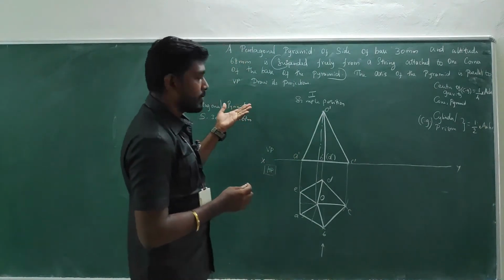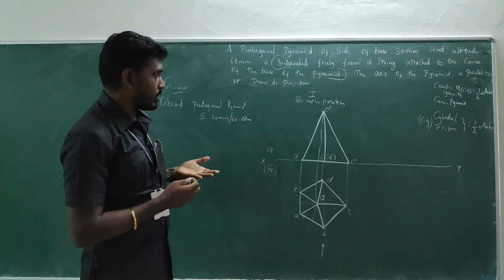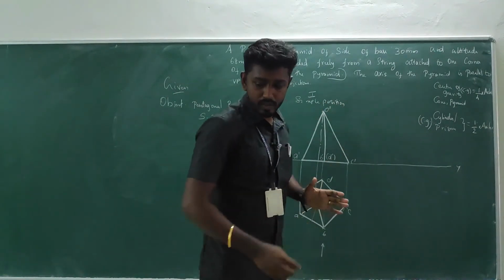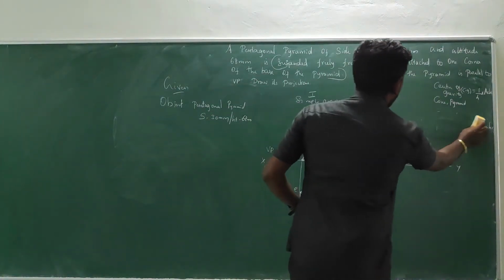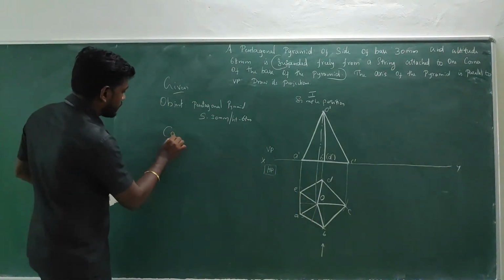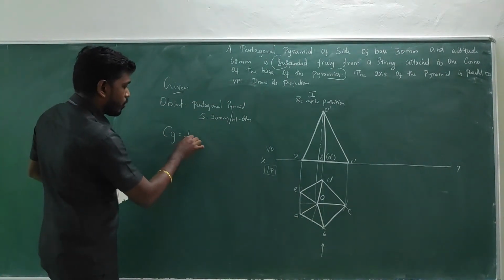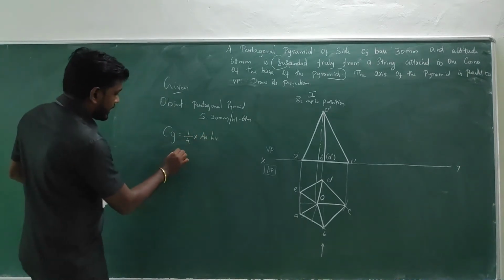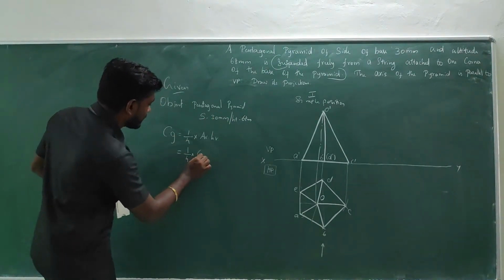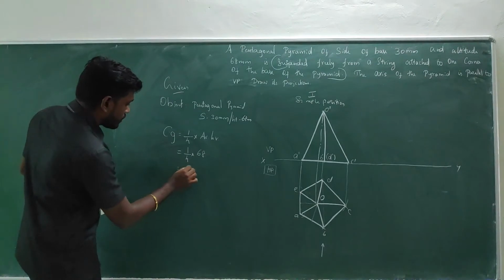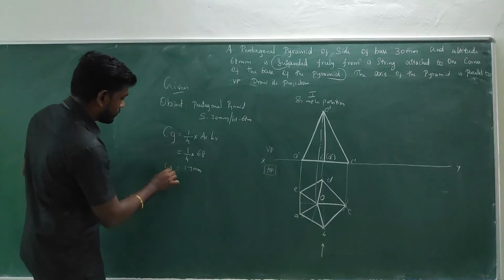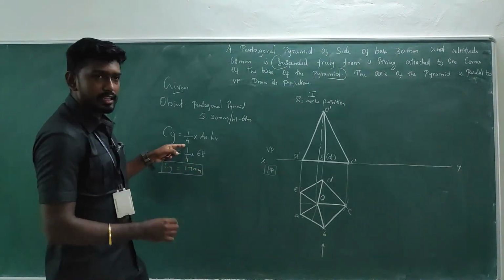So we can expect any object like prism or pyramid or else cone, something like this. Okay, so do remember this formula first of all. So here it is a pyramid, so I am going with the formula 1 by 4 of its axis height in order to specify the CG. Okay, 1 by 4 of its axis height. So here 1 by 4 into axis height, the height is given as 68. So 68, if you do the calculation, we get 17 mm. Okay, with respect to the axis, this formula is given.